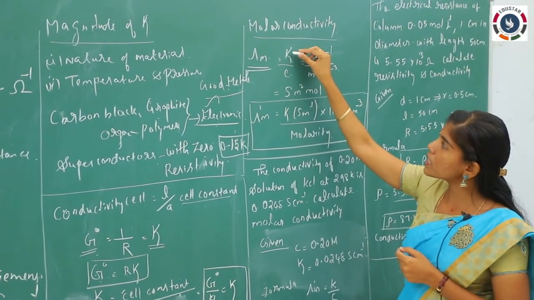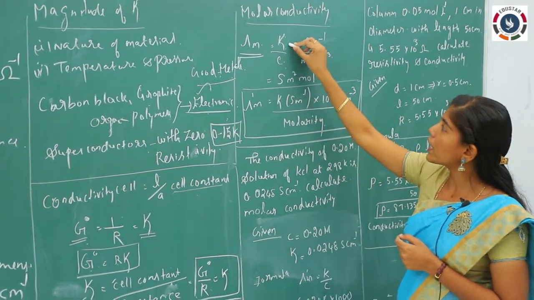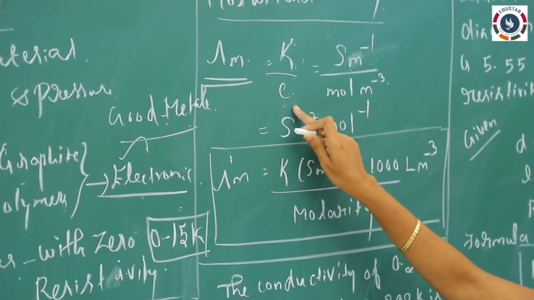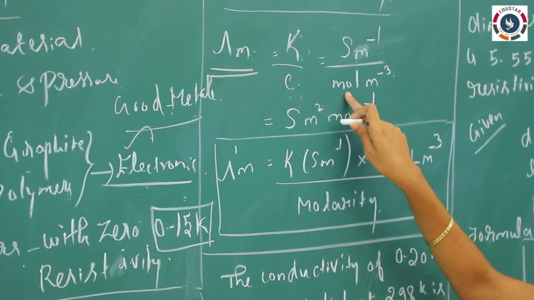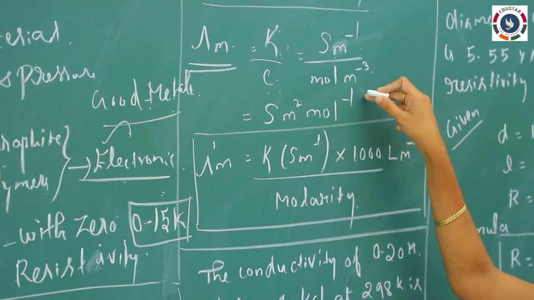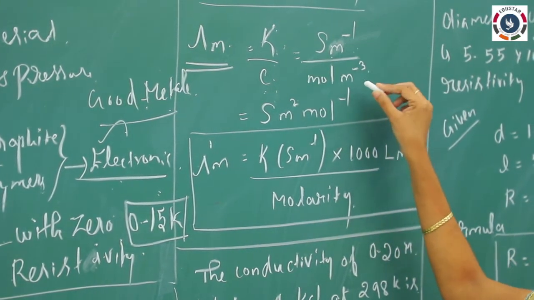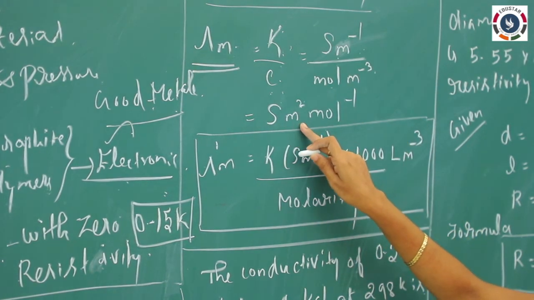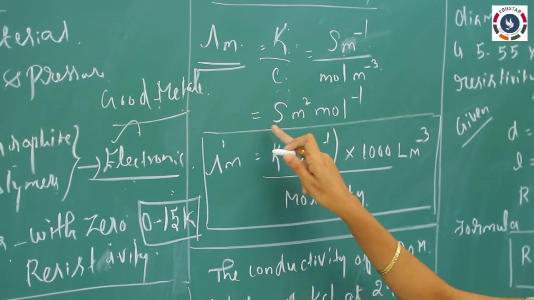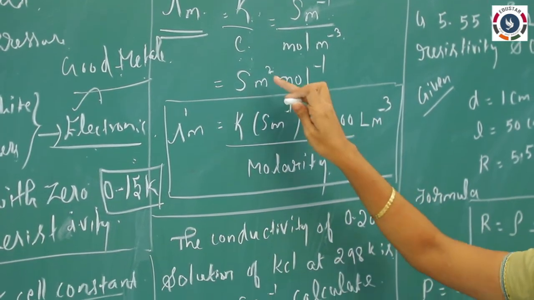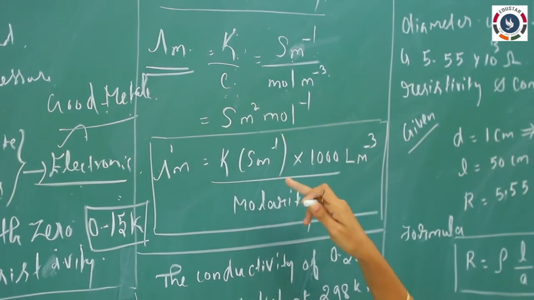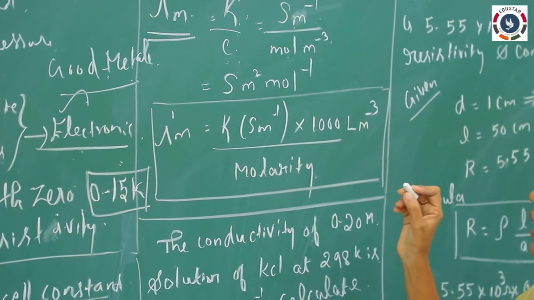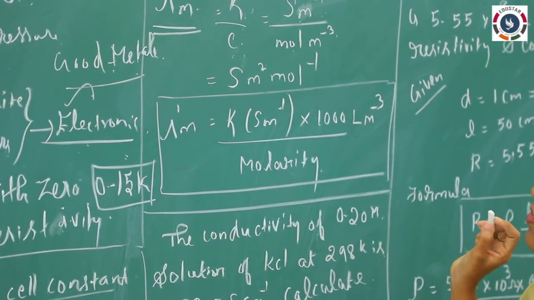Molar conductivity formula is kappa divided by concentration. Kappa unit is Siemens meter inverse divided by concentration. Concentration can be expressed as mole per liter, that is mole per liter can also be expressed as mole meter minus cube. So, I am cancelling this mole and it comes into the numerator side. So, S meter square mole inverse, this is the formula for the molar conductivity, and here I have replaced the concentration just by molarity divided by 1000. So, this 1000 goes into the numerator, and we get a formula like this. This is the formula for the molar conductivity.